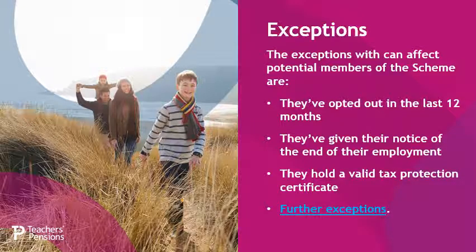There are certain exceptions which affect potential members of the Teachers' Pension Scheme. There may be a time where a member meets the auto-enrolment eligibility criteria, but an exception can apply, which means you won't have to enrol them into the scheme. This could be if a member has chosen to opt out within the last 12 months at an employer's discretion. For example, if your re-enrolment date is the 1st of January and the member has opted out of the scheme in the 12 months prior, you can choose if you'd like to automatically enrol them back into the scheme